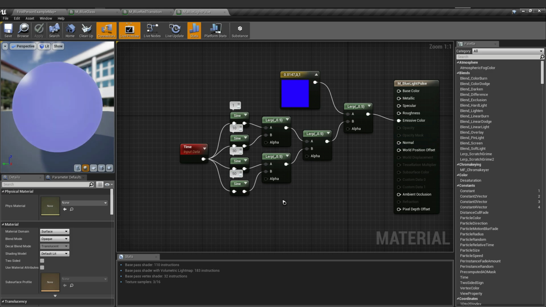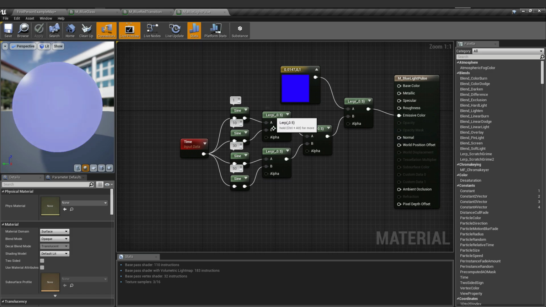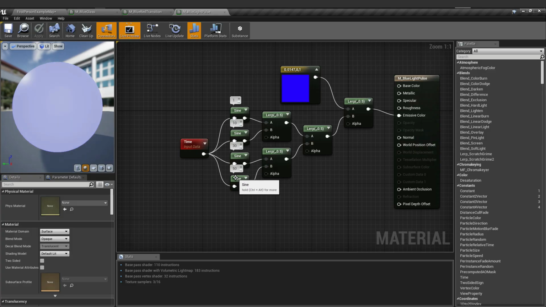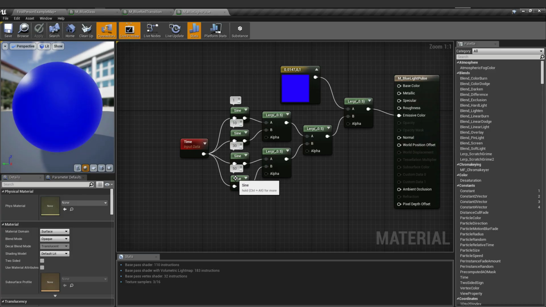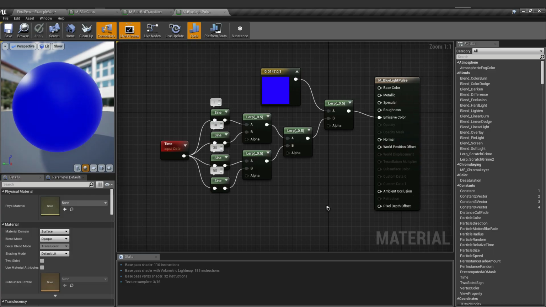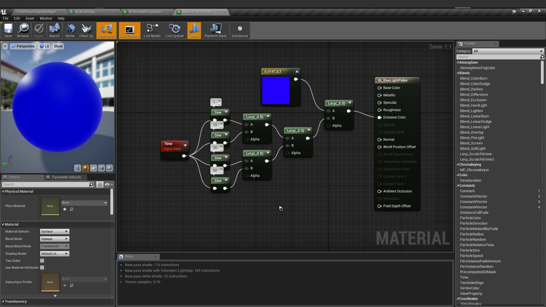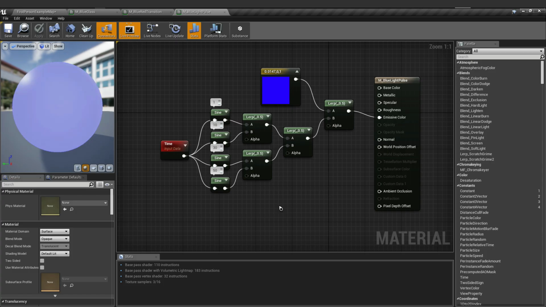So you can add more sines or more combinations of sine and other nodes here if you want the pulsing or flickering to be more random. So for me, this is enough to show you that we created a pulsing or flickering light material.